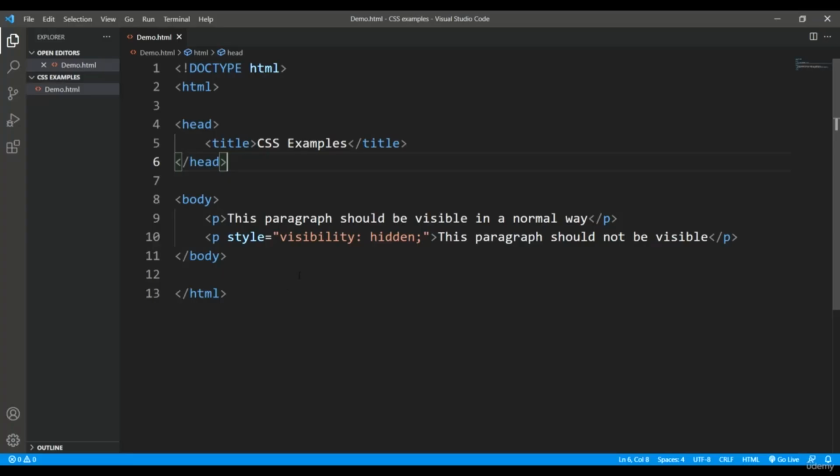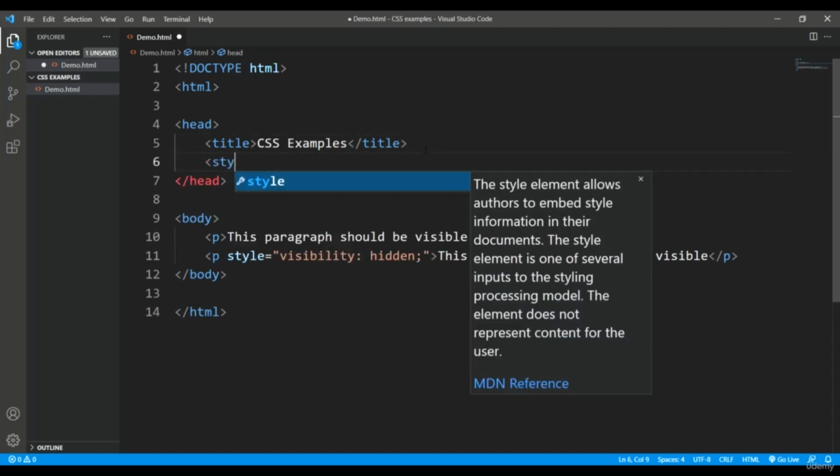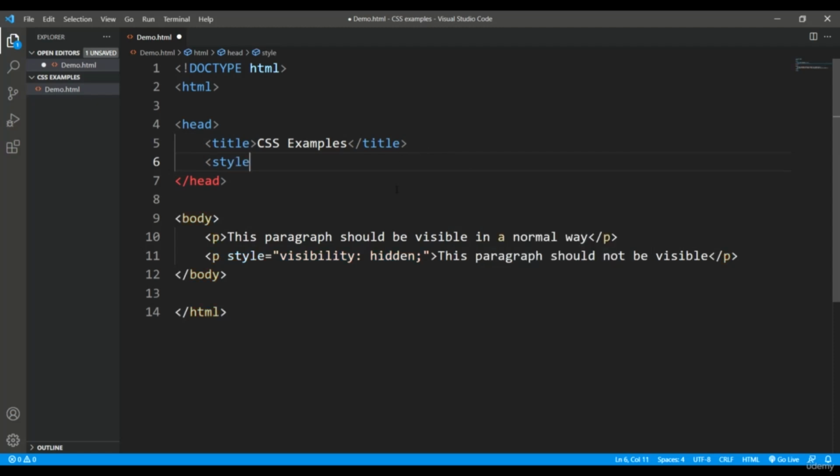So basically if you don't want to show anything, that doesn't matter, you can just remove that text. There's no use of putting this visibility hidden as such. But if at runtime you want to show or hide some of the content, then definitely it is going to help you. So what I'll do here, inside the head section I will write a couple of lines of code,